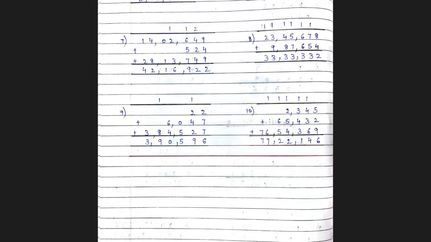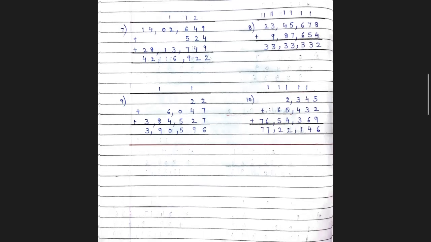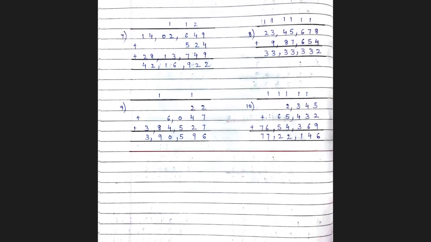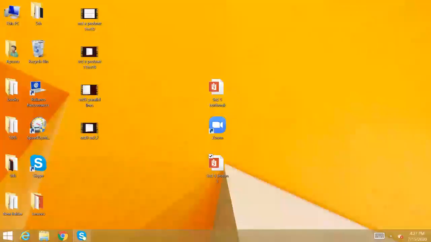So like this, you will do all the sums up to question number 10 in your classwork. Add it up, write it down properly, leave enough space between the digits so that it does not look jumbled up and you also don't get confused while you add. You can put a line on top and on top you can write the numbers which are carried over from one place to the other. Okay, so all 10 sums are done, children. You will go through it and complete it in your classwork.